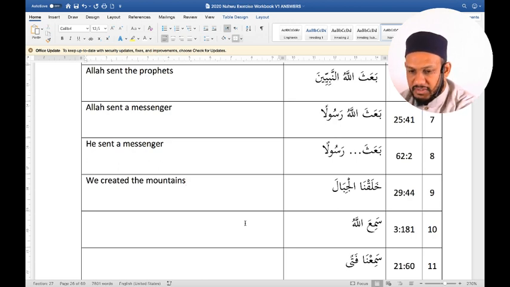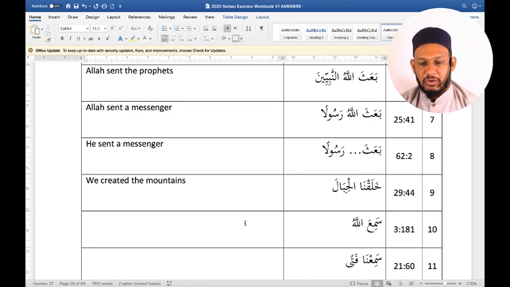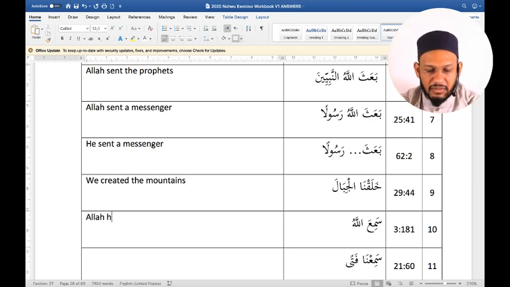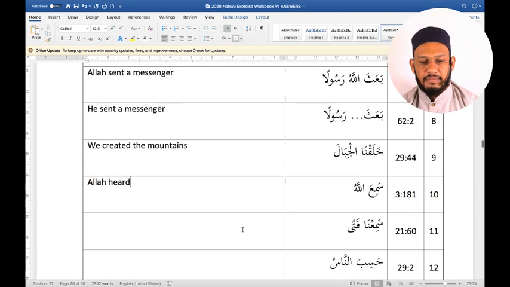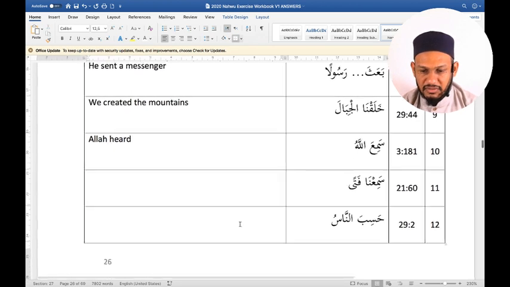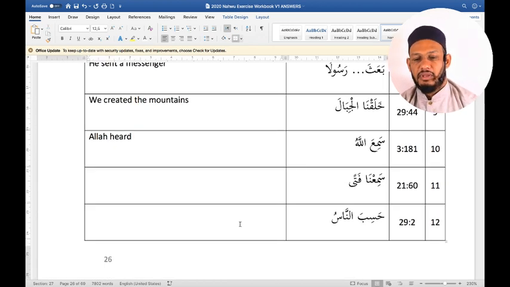Next one. Sami Allahu. Sami'a means heard. I look at the end of Sami'a, I find nothing there. I look to the left, I see the word Allah. And therefore, Allah will be the fa'il. Allah heard. Of course, normally I have maf'ulun bihi. What did Allah hear? But in this phrase here, there's no maf'ulun bihi included. Sami Allahu liman hamidah, like in salah. Sami Allahu, Allah has heard, liman hamidah, the one that has praised him.